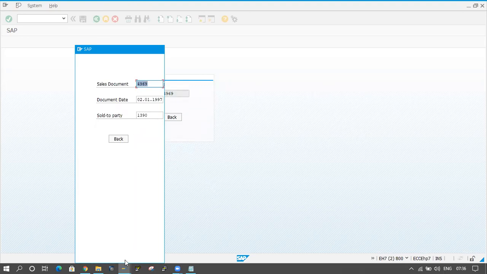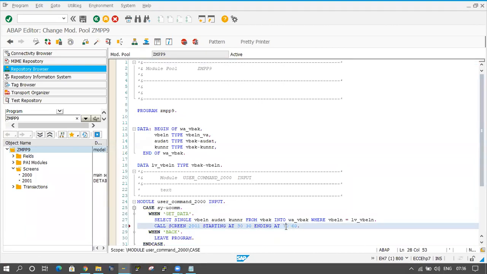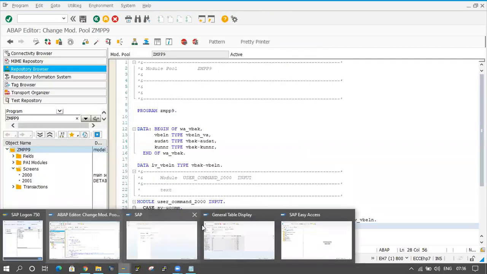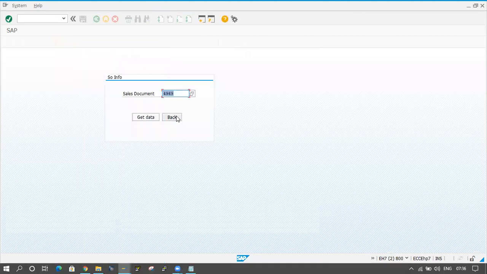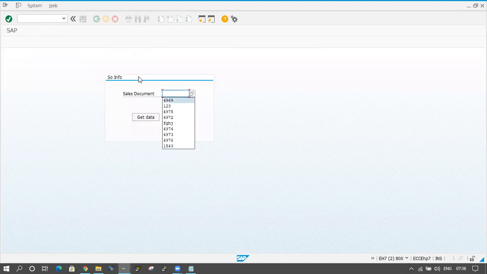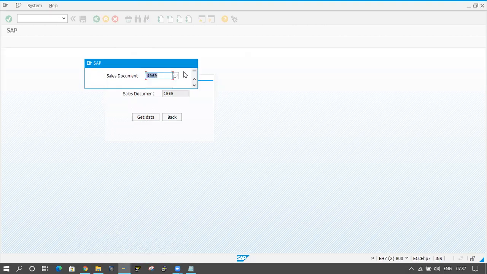How much length you want, how much width you want, we have to adjust that one. Okay, fine.